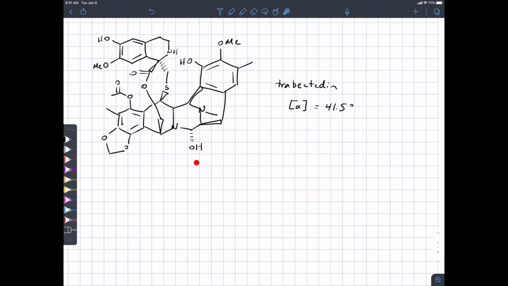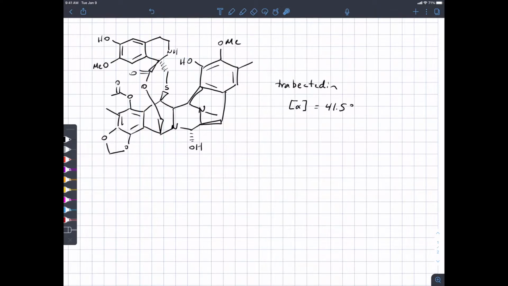there are two routes to drug discovery, really, in our world. You can isolate compounds from nature and then see if they have anti-cancer or antimicrobial activity, or you can go in blind with your own design, throw a bunch of things at it and see what sticks in terms of what is a good molecule for a particular application. This is almost certainly too complicated for somebody to have woken up one morning and said, hey, I want to make that. This was likely isolated from some natural product, and then they discovered it had anti-cancer activity.